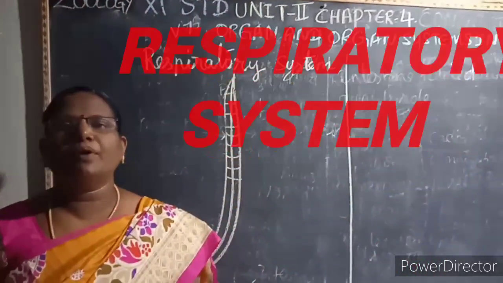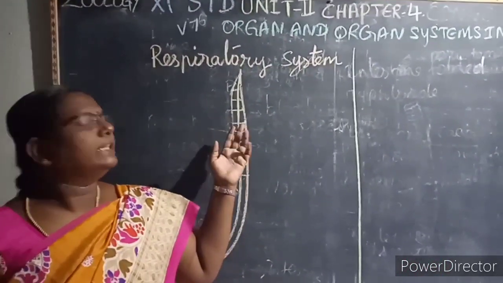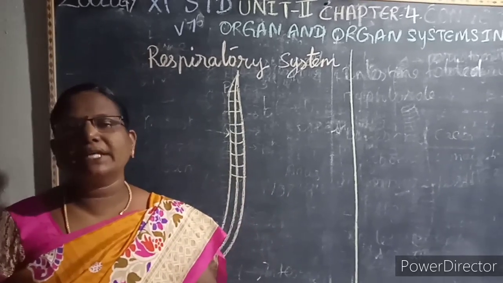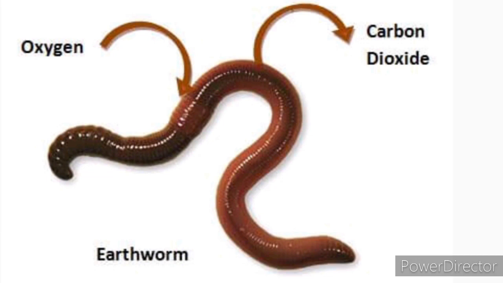Next we are going to learn about the respiratory system of the earthworm. In the earthworm, there are no lungs or gills for respiration. Respiration takes place through the body surface. The outer surface of the skin is richly supplied with blood capillaries and helps in the diffusion of gases. Oxygen diffuses through the skin into the blood, and carbon dioxide comes out from the blood. This is because the skin is moist; mucus and coelomic fluid help in the exchange of gases.